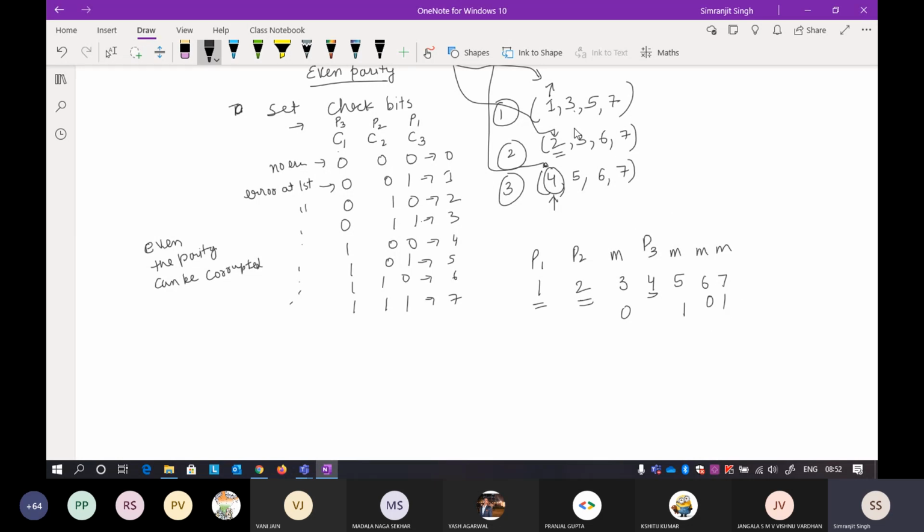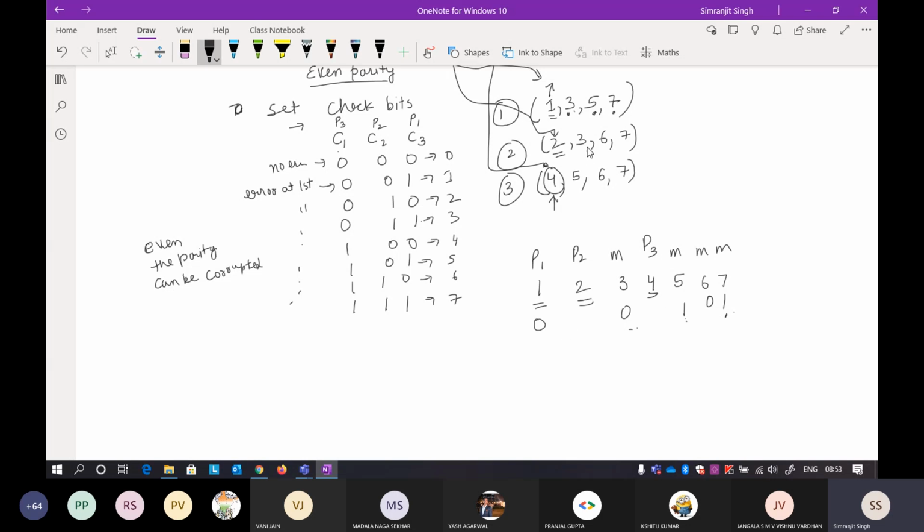Now see how to insert the parity bits. For the first parity bit, check 3, 5 and 7. In 3, 5 and 7 there is even parity. There are already two ones here, so you do not need to add anything. So I'm adding a 0 here, because to keep the parity even, I have to add a 0.